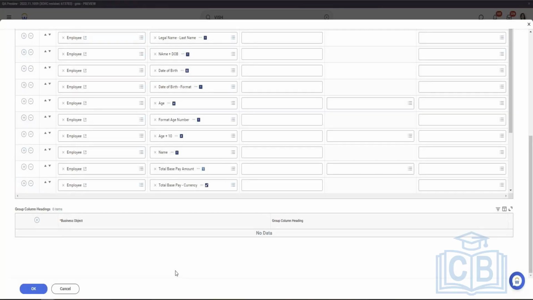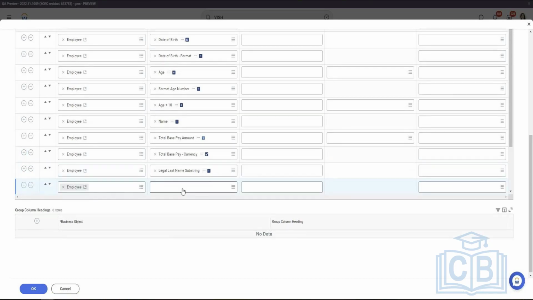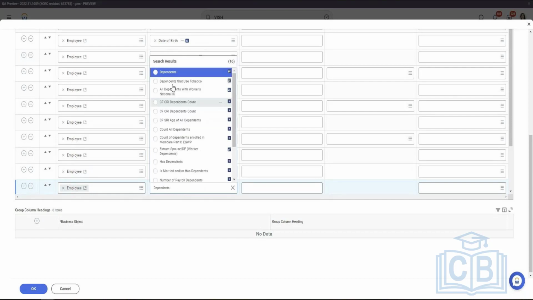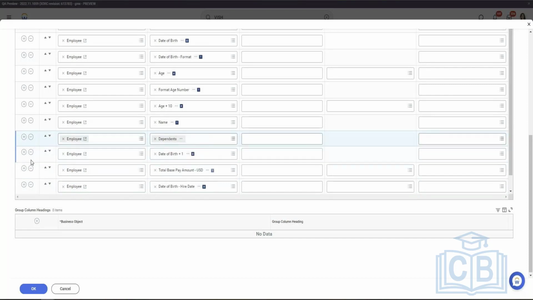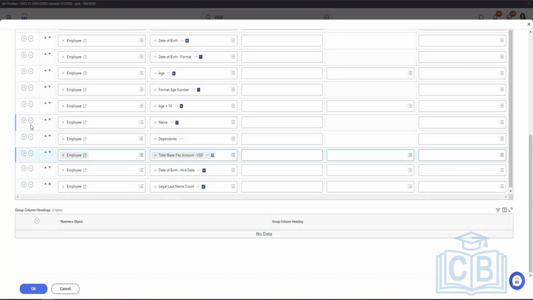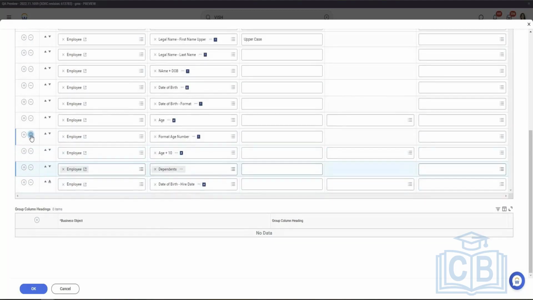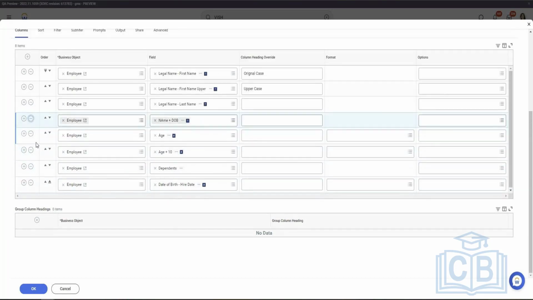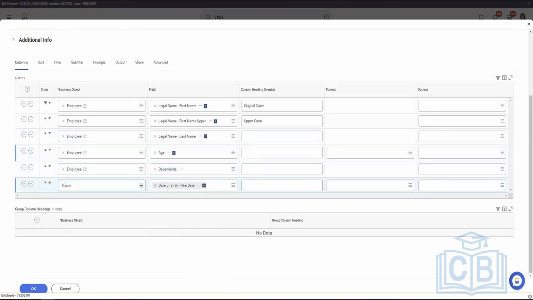Okay, so now if you look at the one field called dependents, do you remember that we have worked on the dependents, right? Yes. And dependents normally come in a different way. I'm removing the other unnecessary things, so we have a small report. Okay, so now we have only dependents, and if I click here on dependents